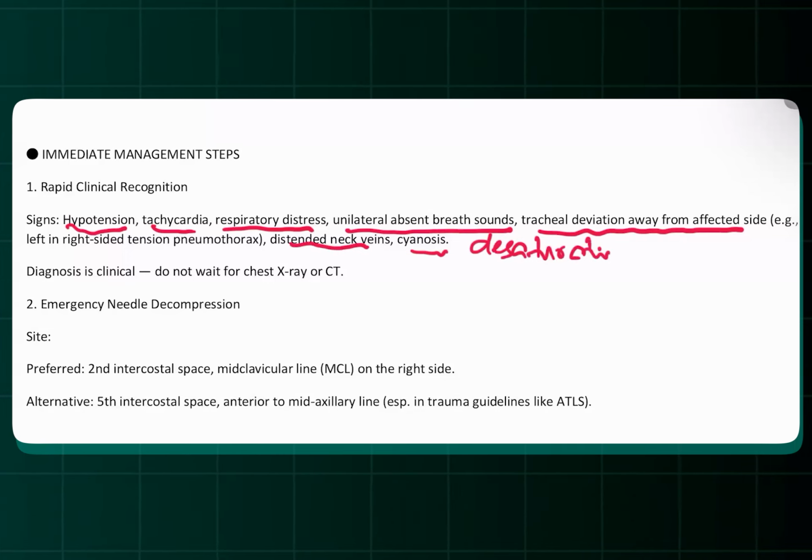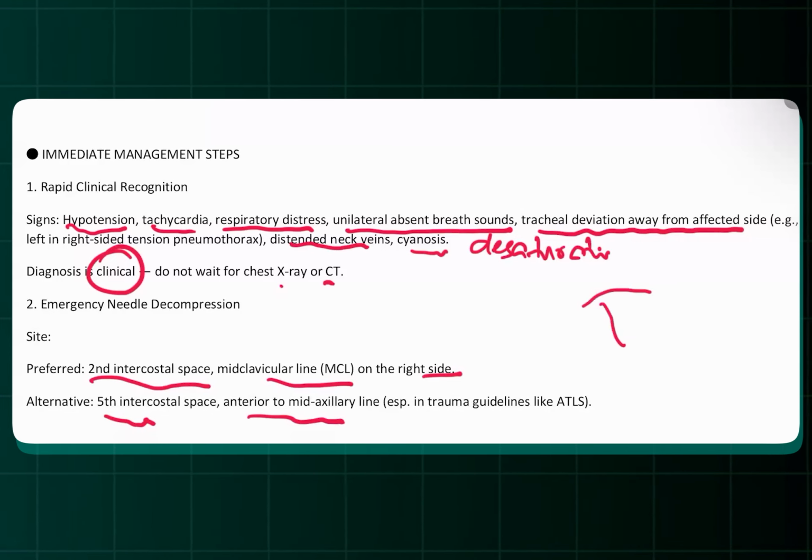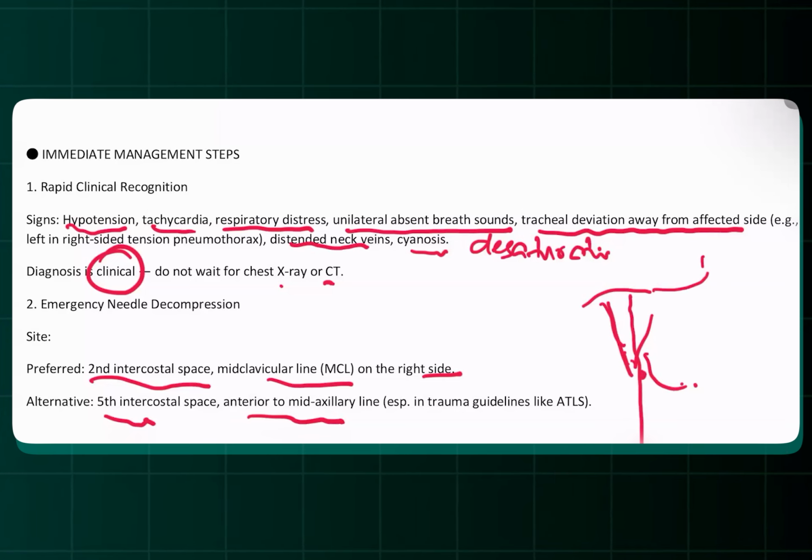So diagnosis is clinical. Do a percussion, you would get the diagnosis. Do not wait for chest X-ray or CT. Be confident. Put the needle in the second intercostal space, mid-clavicular line on the right side. Another is the fifth intercostal space, anterior to the mid-axillary line. So the triangle that is formed in the axilla. Here in the mid-axillary line, fifth intercostal space, somewhere here, anterior to the mid-axillary line, you put the needle,